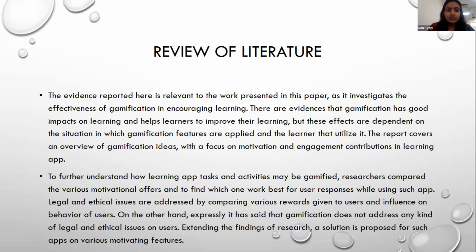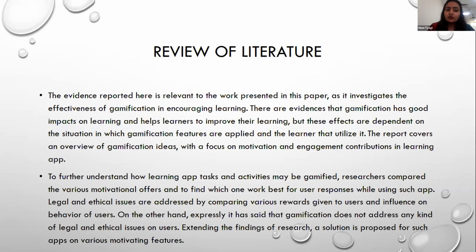The review of literature. We have reviewed more than 30 papers, of which 23 are more relevant. Here is relevant to the work presented in this paper, as it investigates the effectiveness of gamification in encouraging learning. There is evidence that gamification has a good impact on learning and helps learners improve their learning, but these